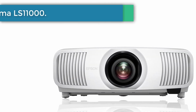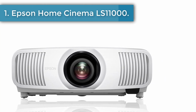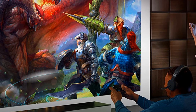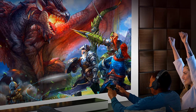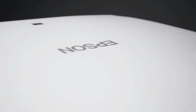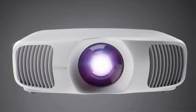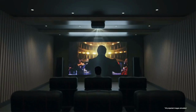Number 1. Epson Home Cinema LS11000. The LS11000 is a great 4K laser projector that can deliver a big, bright, beautiful image. And it has almost all the features you need except 3D support. If you want to set up a high-performance home theater in a basement or spare room and need a 4K projector that can handle high dynamic range video and wide color gamut material, choose the Epson Home Cinema